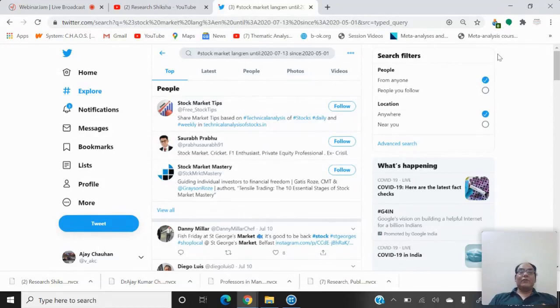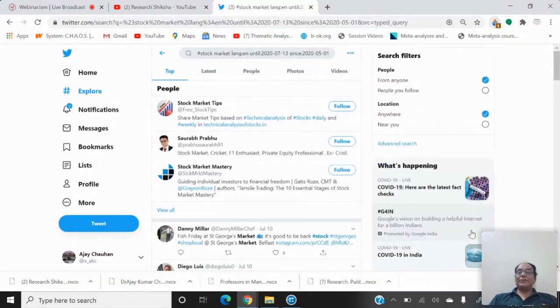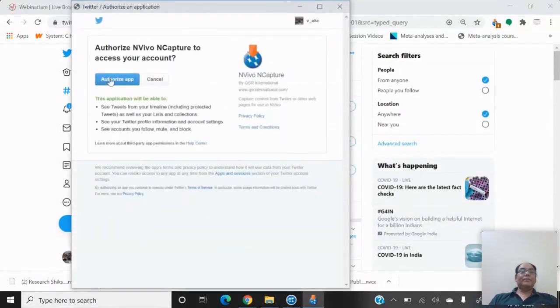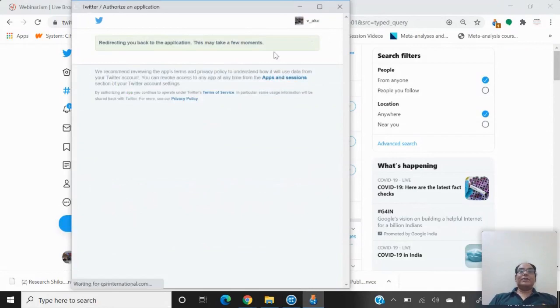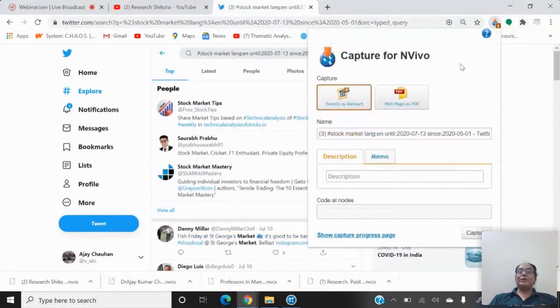And after that, I want to analyze all the tweets. So I again go to this magic icon and click on the data sets. After that, go to the capture, and I want to see the process. Okay, so just click on this and show. You can see the show capture progress page.